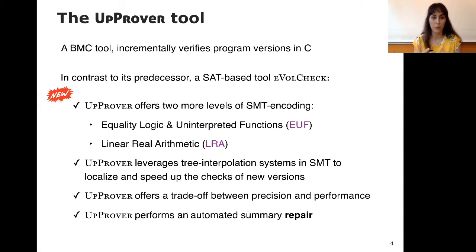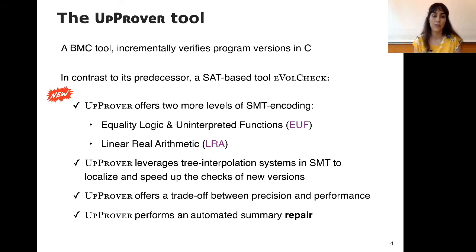So the first would be offering a new level of SMT encoding, such as EUF and LRA. It also leverages the tree interpolation system in SMT and trying to localize and speed up the checks of new